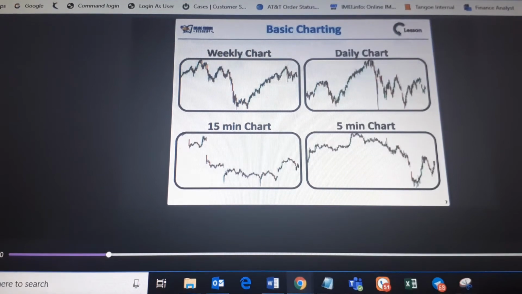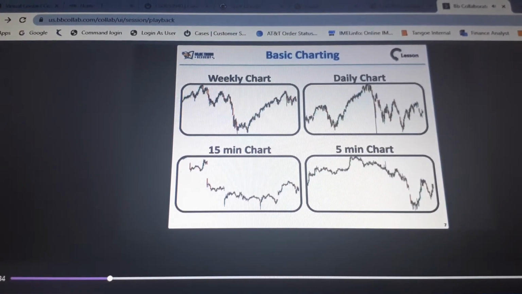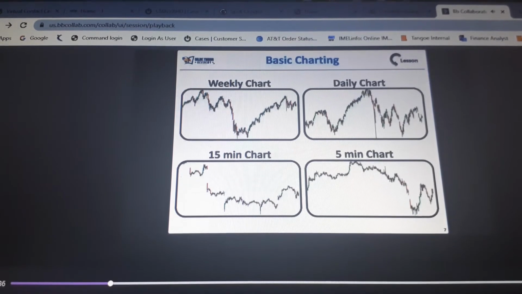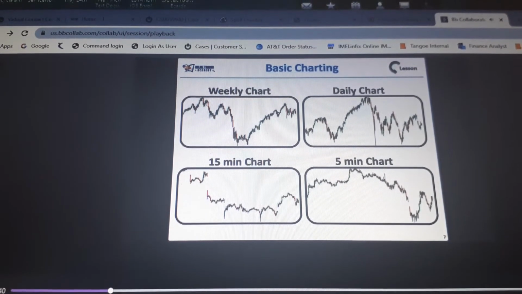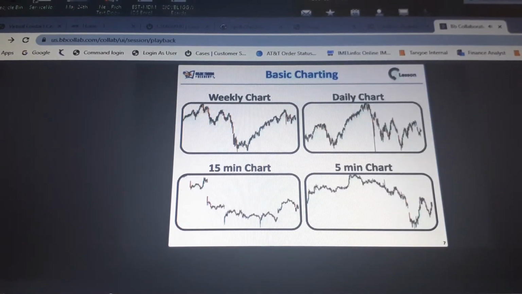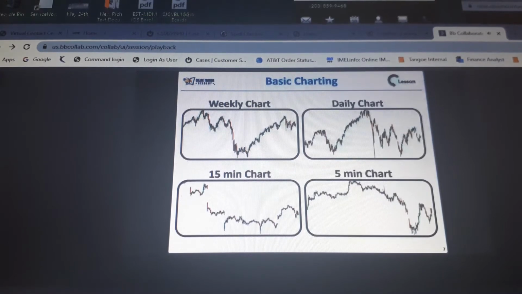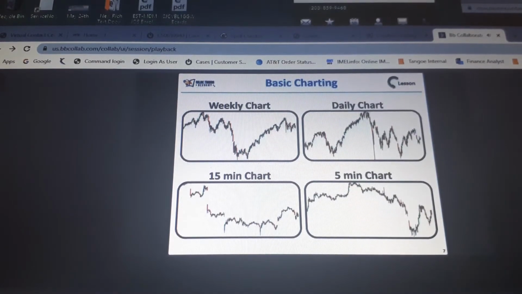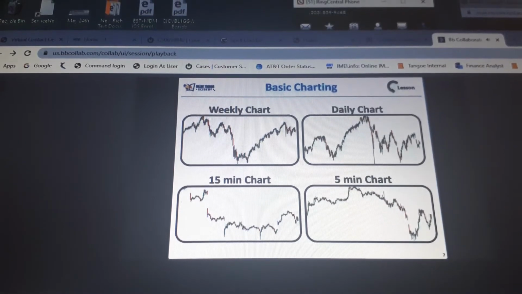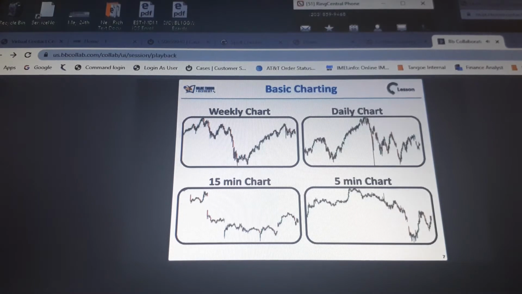No, it's not that, Madhuri. Don't jump to a conclusion right now. Just understand that there are different time frames. So a 15-minute chart will have how many 5-minute candles? Three, very good.